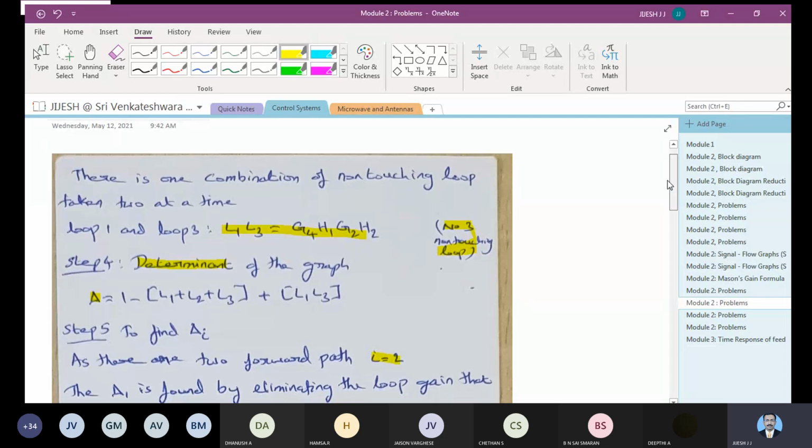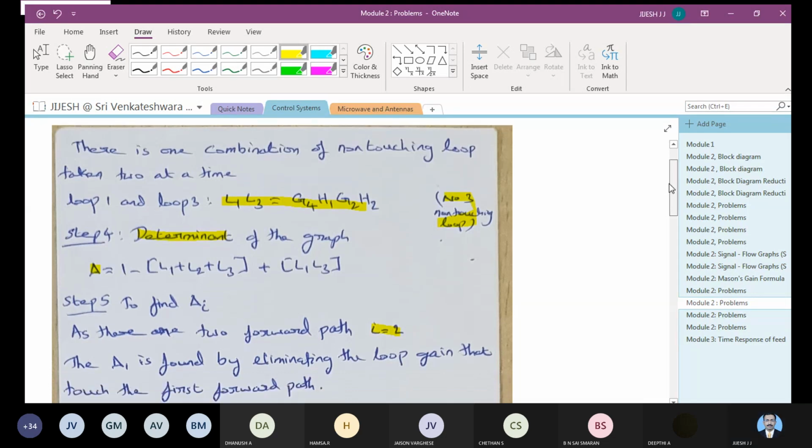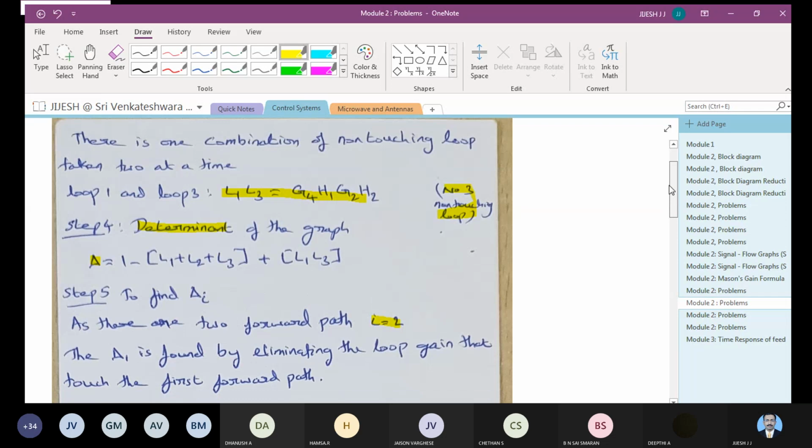So complete it till there. Last time you have seen I is equal to 1, you had delta 1. Here I is equal to 2, you will have two things, delta 1 and delta 2. All of you complete it till here, then we will continue further. Have all of you completed till there?